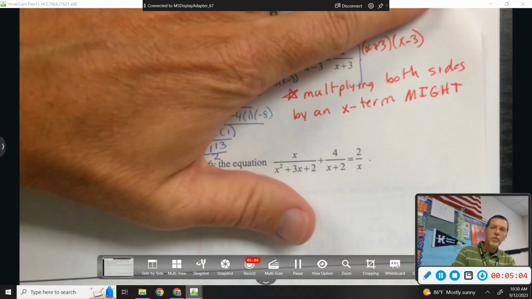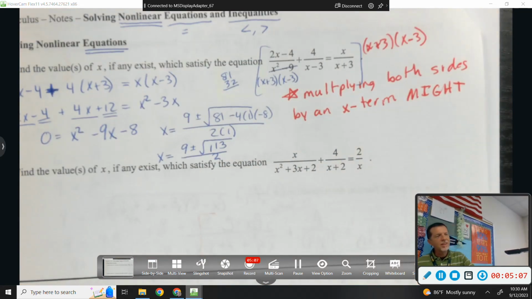That's kind of an annoying word in a math class, right? Like we deal in things that work or don't work, but none of this might business. Well, we got a might today. Multiplying both sides by an x term might